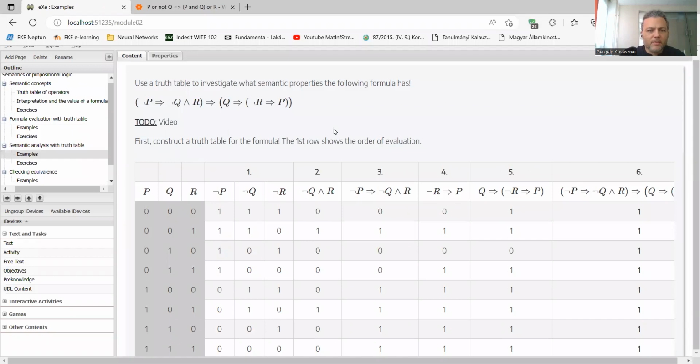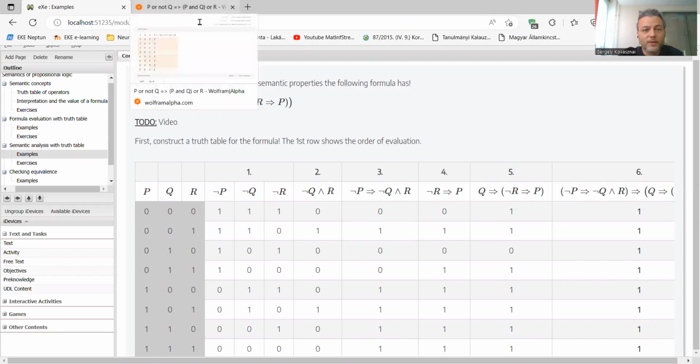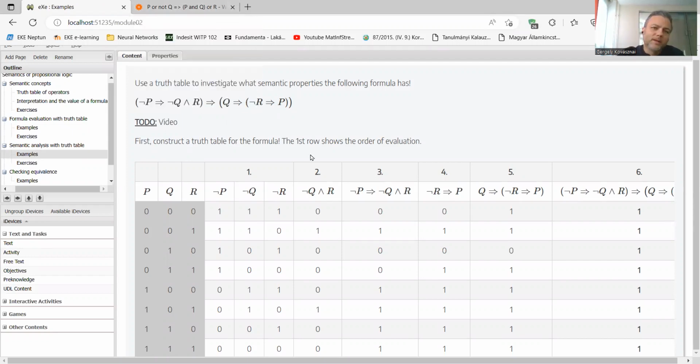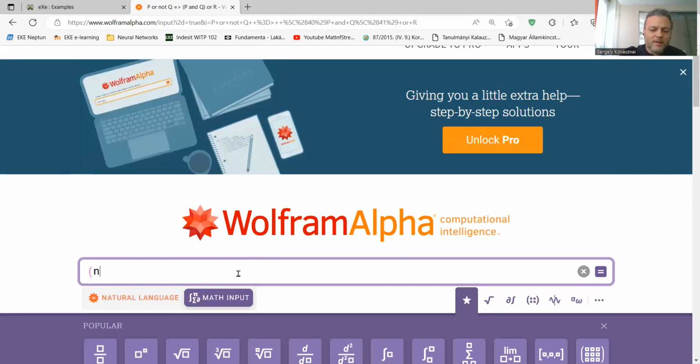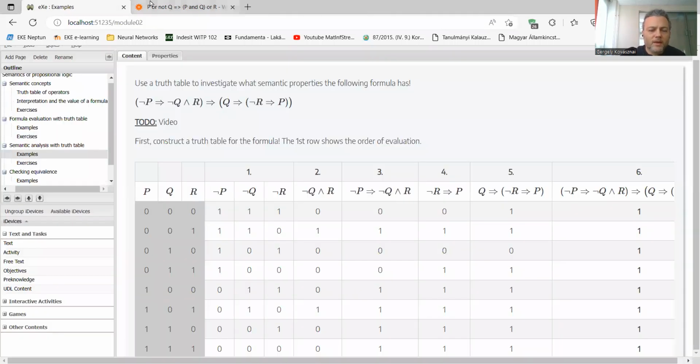Okay, let's see this example here. This was quite a compound formula, so it will be quite a nightmare to type this in. But yeah, this is why I'm here. Not P implies not Q and R. Not P implies not Q and R, I think. Okay.